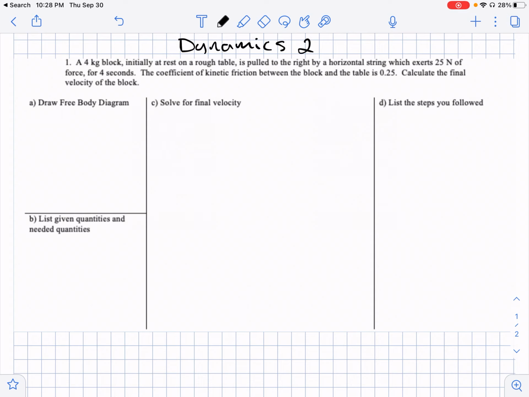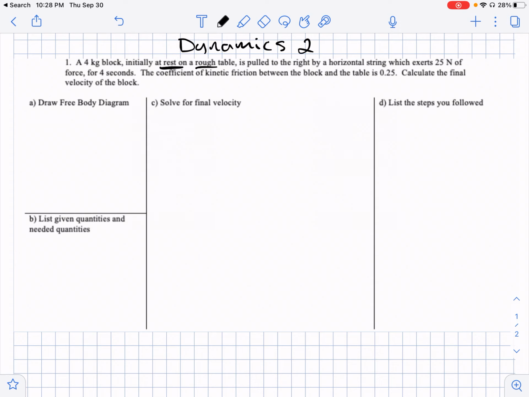So number one, it says we have a 4 kilogram block. It's at rest. Remember, we always want to underline the word at rest. And it's on a rough table, so that's going to indicate that we have some friction involved. It's pulled to the right by a horizontal string, has 25 newtons of force, and for 4 seconds. And it says that the coefficient of kinetic friction is 0.25, and we're asked to find the final velocity of